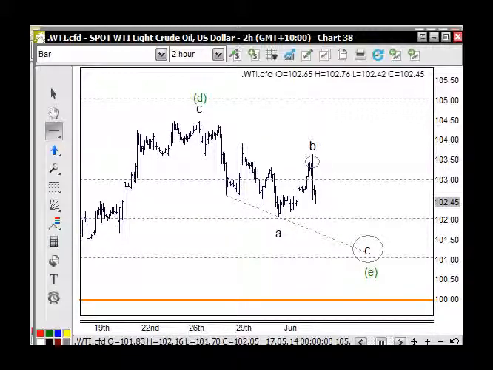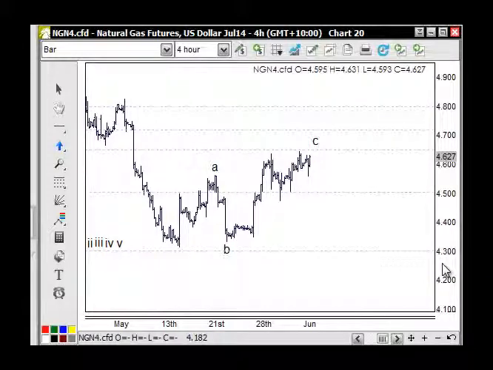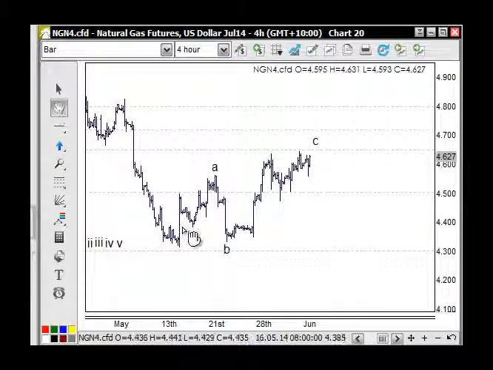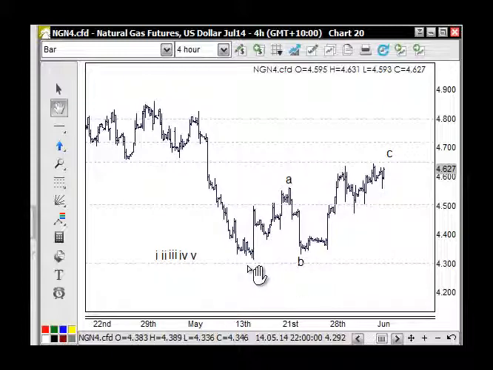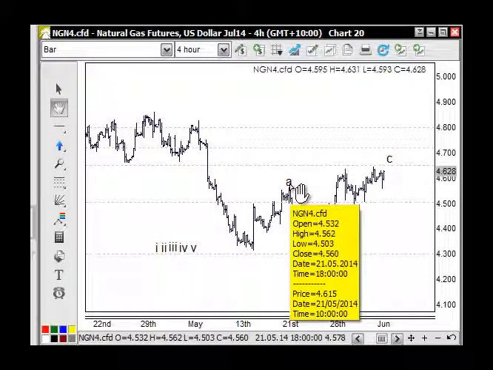So the gas market, I feel, on the daily chart, this could be the low here, and we could be moving up to $5 here. But I don't want to just jump the gun yet. If I'd seen a nice clean 5 wave structure here, then I wouldn't hesitate to build in on the 450 here, but this does appear to be a corrective move here, so I'm a bit dubious of moving